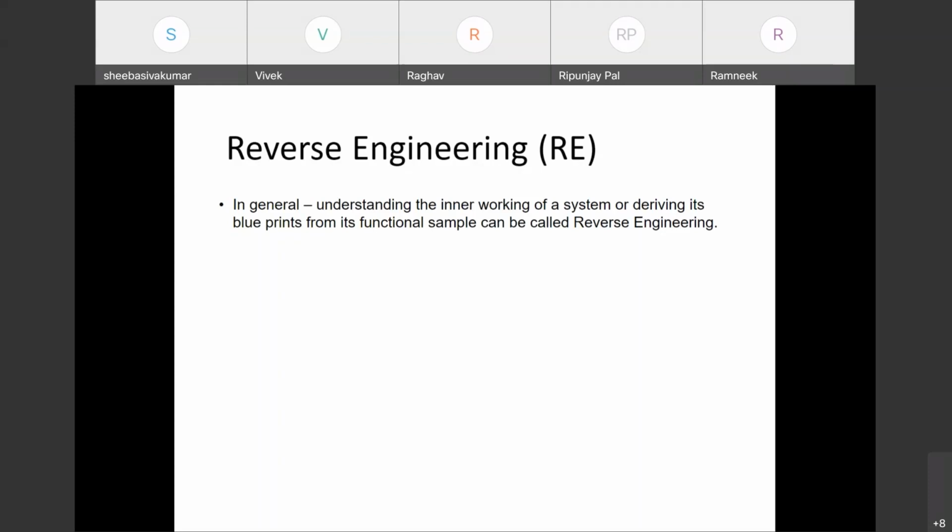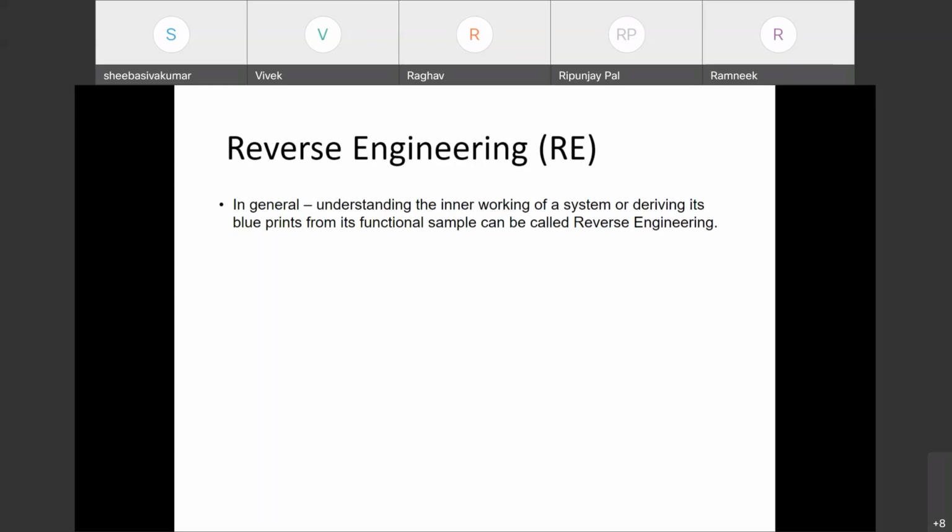So basically, what is reverse engineering? In general, it's an understanding of the inner working of a system or deriving its blueprint from its functional sample. That can be termed as reverse engineering.